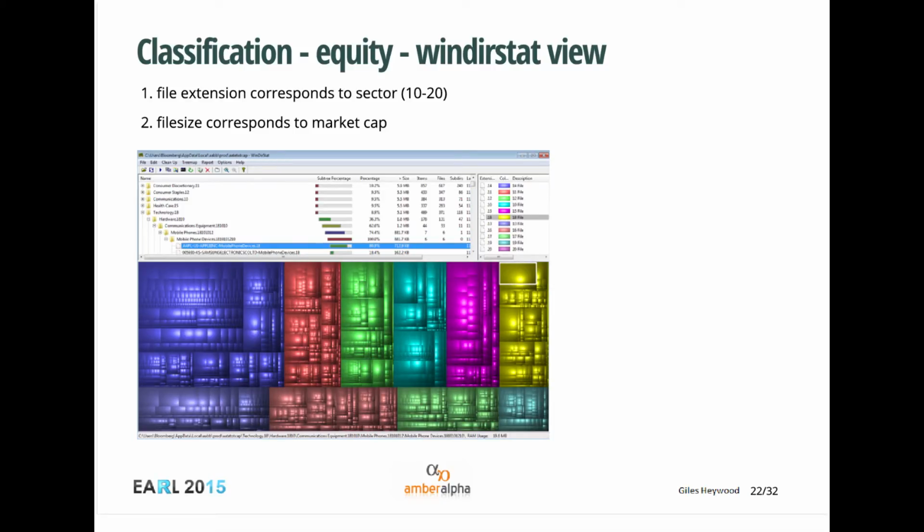Here we've got the Bloomberg World stocks. Every lozenge on this color display is one stock. And there are a total of 10 different colors. Each one of those corresponds to a file extension that represents the sector allocation of that stock. And the one that's highlighted, the little gold lozenge in the top right, is Apple. And the size of that is a representation of its market cap. It's a little bit smaller now than it was when I made this slide a couple of weeks ago.